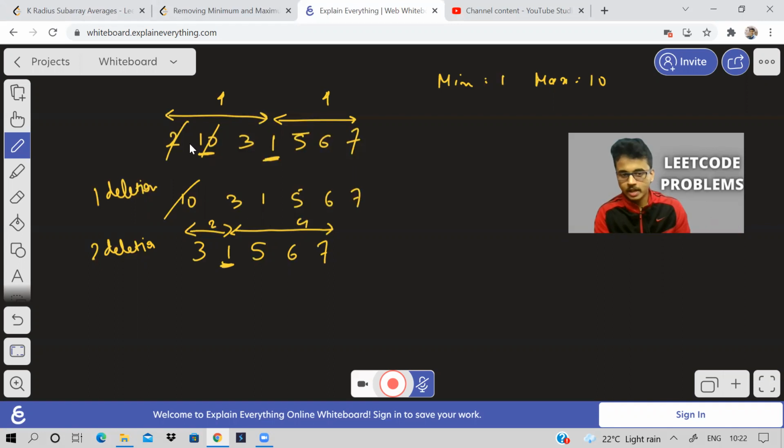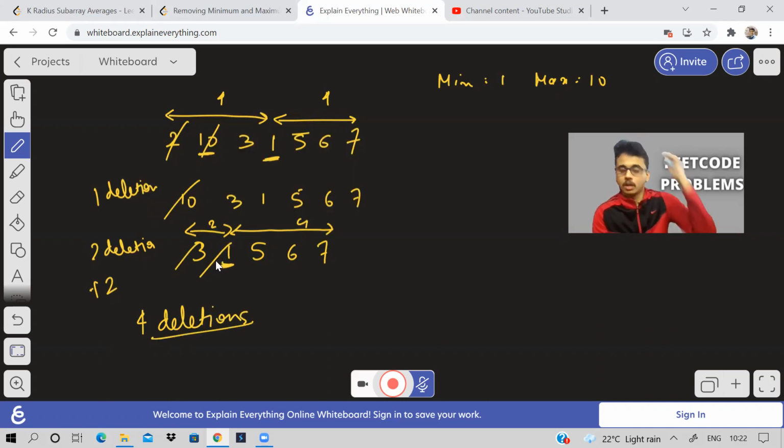Because I removed 2 elements from the front, 1 is now 2 elements closer to the left side, correct? So now I will reconsider my decision: instead of removing 1 from the right side, I'll remove 1 from the left only. So after 2 more deletions, in total 4 deletions will be necessary to remove 1 and 10.